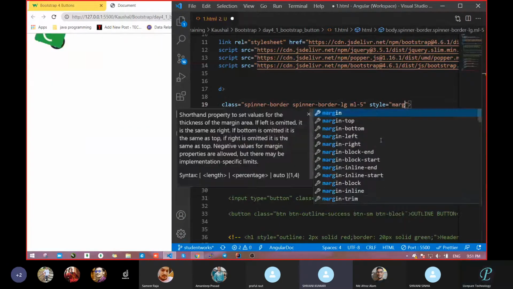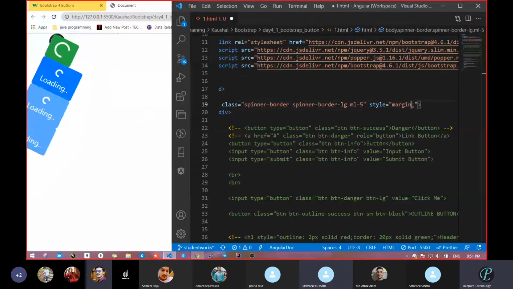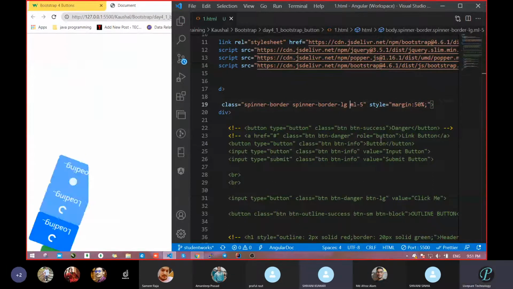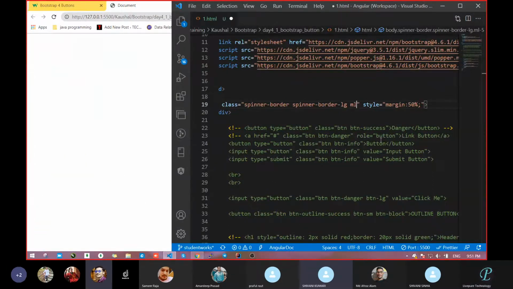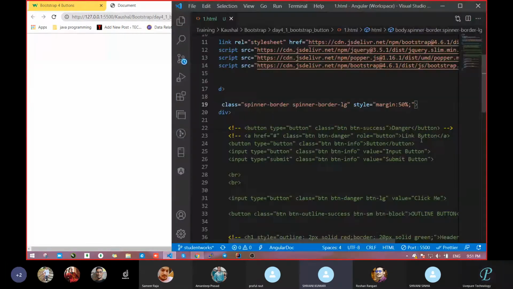See what we can do. Margin left. Do one thing. Why are we going this much? We can go with margin directly in top. Yeah, go with 50%. Oh my God, where did the margin go? Top also 50%. Wait. It came, but it went too far. Go with margin hyphen left 50%.